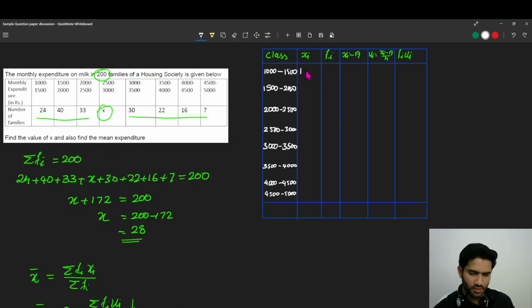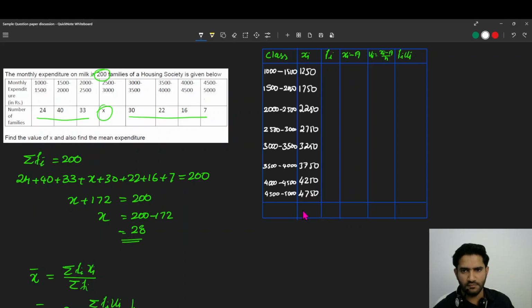We know that 1250 is the midpoint here, and just adding 500 we will get the midpoints: 1750, 2250, 2750, 3250, 3750, 4250, and finally 4750. fi, it is given 24,